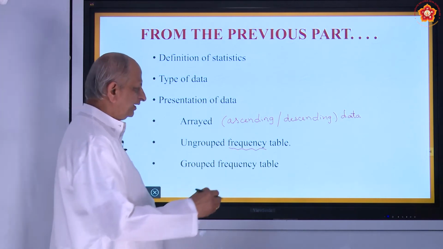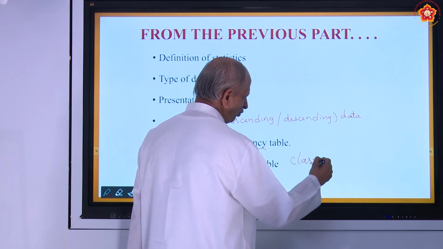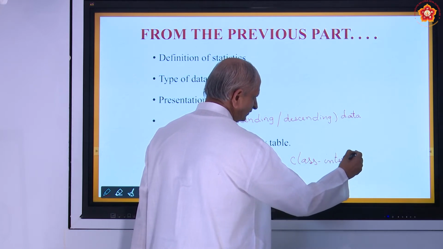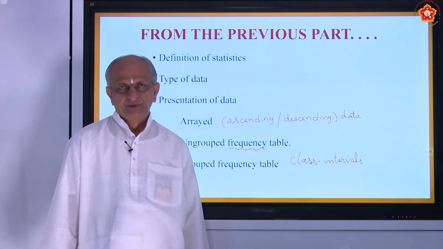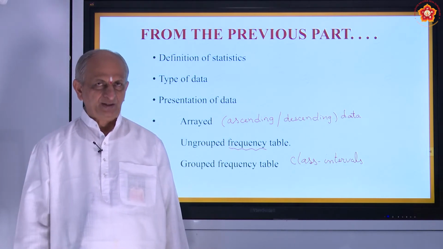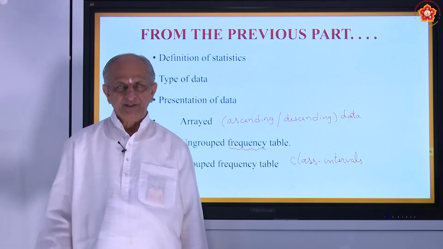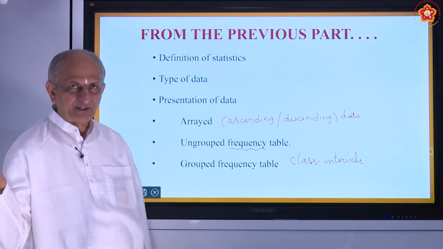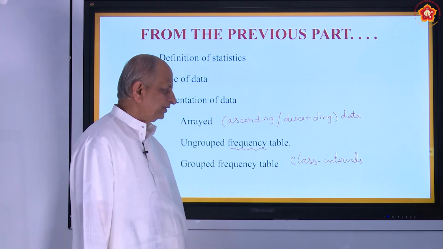And then we use what is called a class interval. In a grouped frequency table, we use class intervals of different size. Say size of 5, size of 10, and it depends upon the data collected. Okay. So we divide into class intervals. In that class interval, you have to mark what are called tallies. The total of the tallies will represent the frequency. And we will have very good information about the data collected.